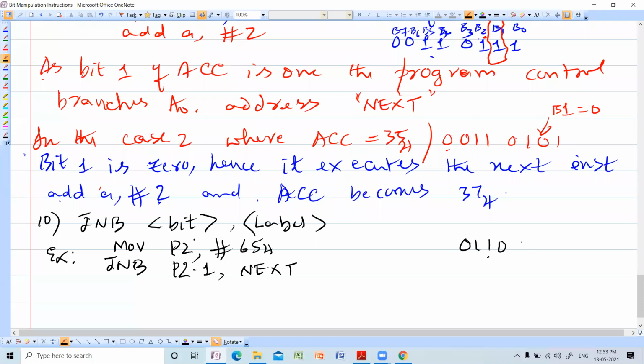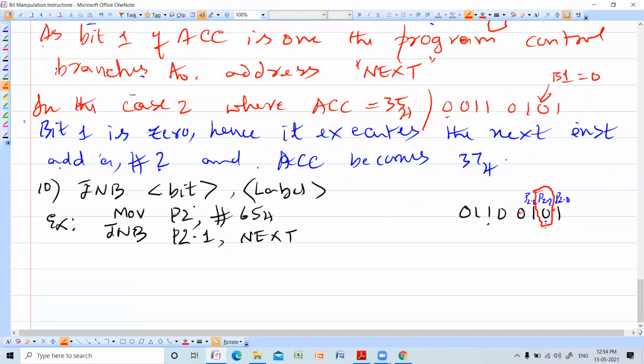So what would be 65? 0110 0101. At the top you can write the port bits. So this is P2.0, this is P2.1, P2.2, like this. In this case, I am verifying this bit, P2.1.